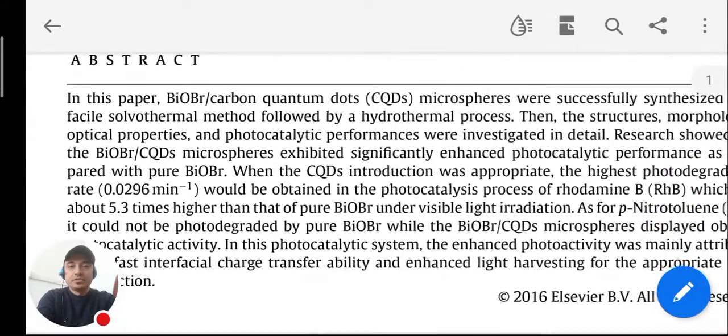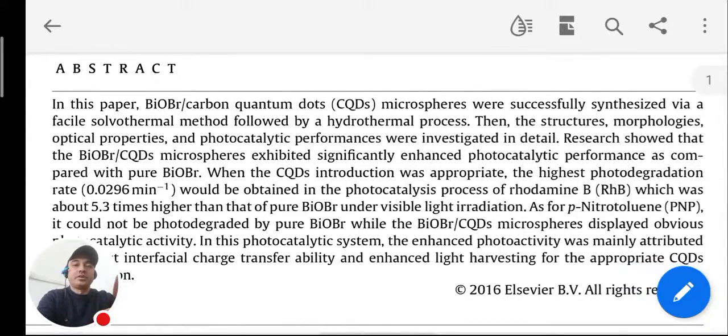So what have the researchers done in this paper? The BiOBr and carbon dots microspheres were successfully synthesized by the authors with a facile solvothermal or hydrothermal method. The structure, morphologies, optical properties, and photocatalytic performance were investigated in detail. The research showed that the BiOBr/carbon quantum dots microspheres exhibited significantly enhanced photocatalytic performance compared with pure BiOBr when carbon quantum dots were introduced in an appropriate amount, with the highest photodegradation rate